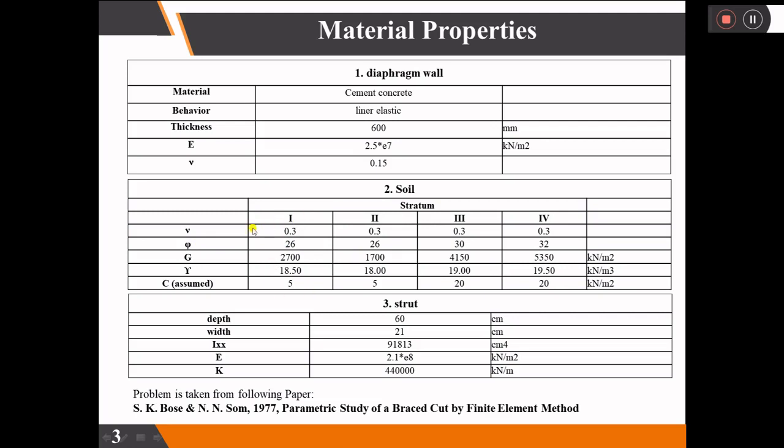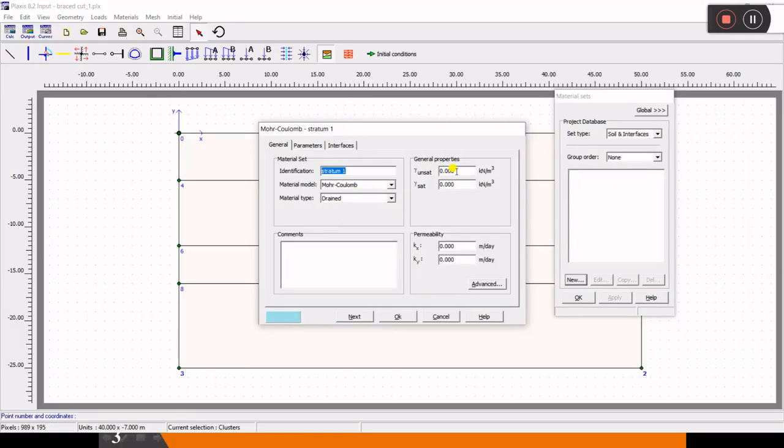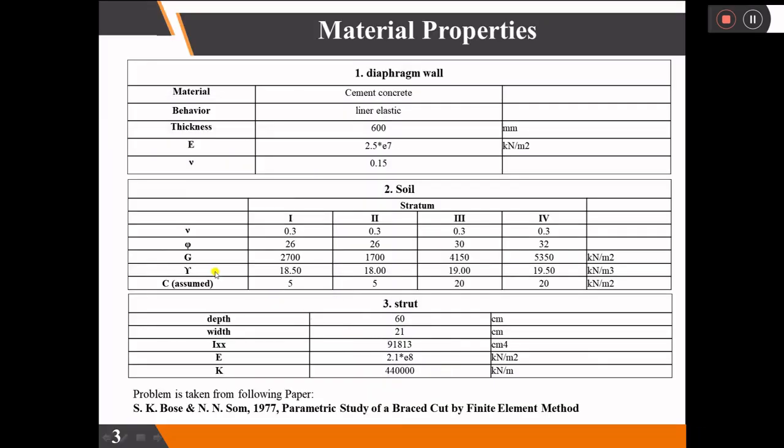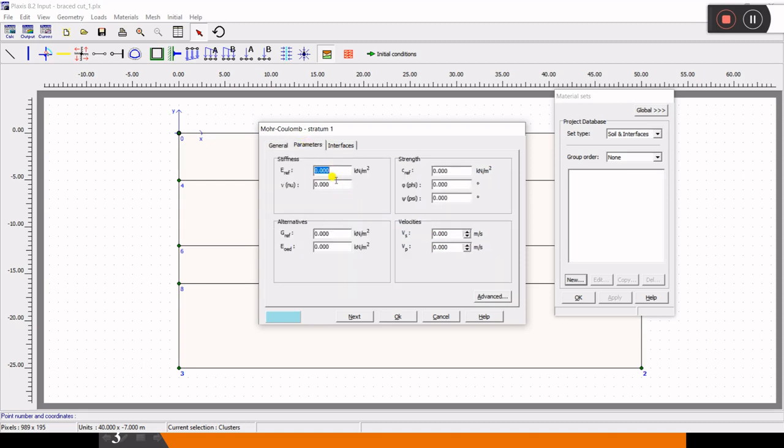For the first stratum, G is 2700, and the unit weight is 18.50. Gamma saturation, if it is given, use that, otherwise you can take plus 10, maybe 9.8. So I'll just take 28.5, and then we'll go to parameters.